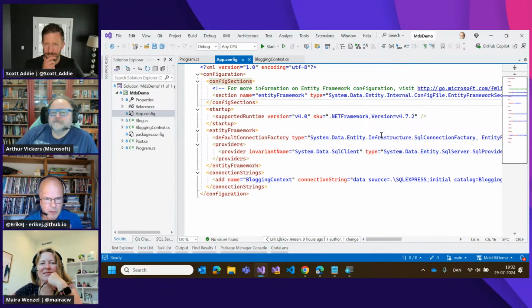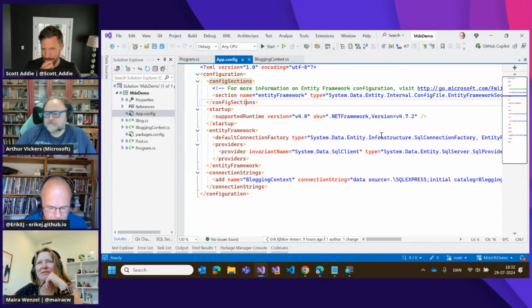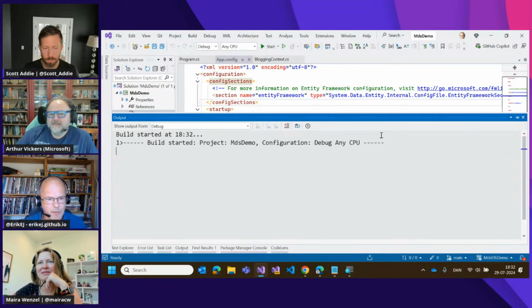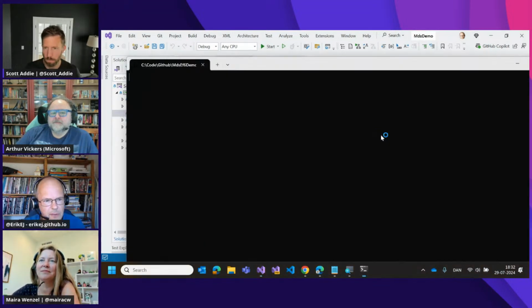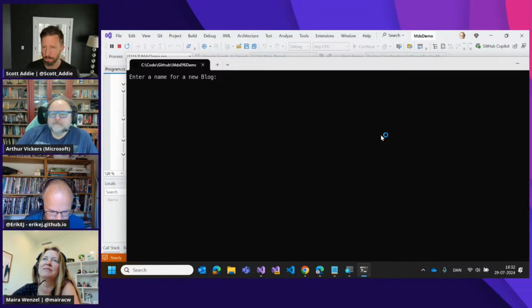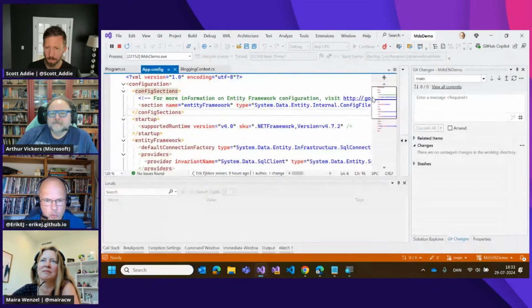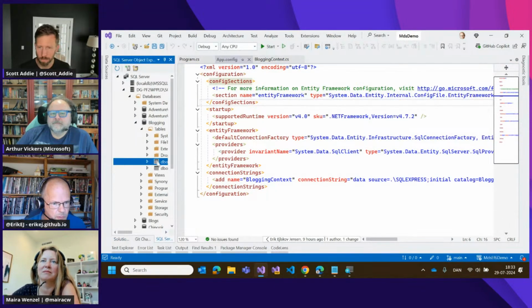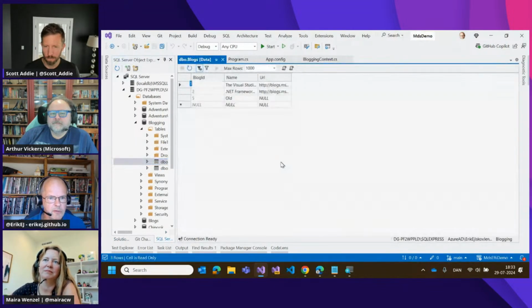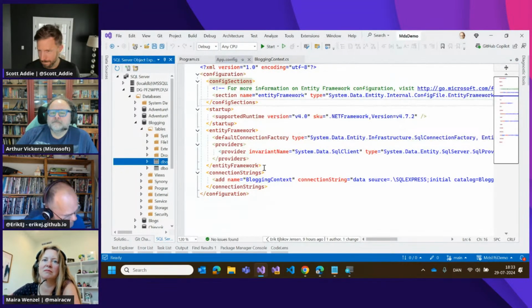This is a console app. We're not confusing it with too many UI, WinForms, ASP.NET web forms. Let's not get into that area. This is just about the data access layer of your app. So we'll call this new block, we'll call it old. And it will list all the blocks in our database, and it now will include the old block. And we can just triple check by checking the data again, and we have the old block here in our local database.